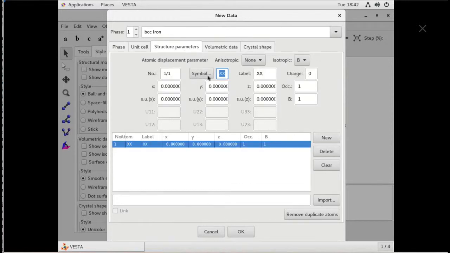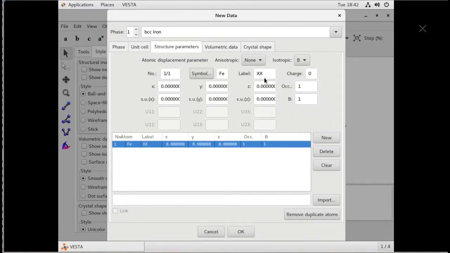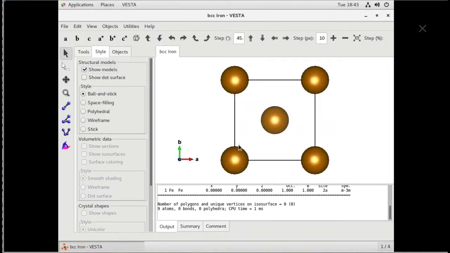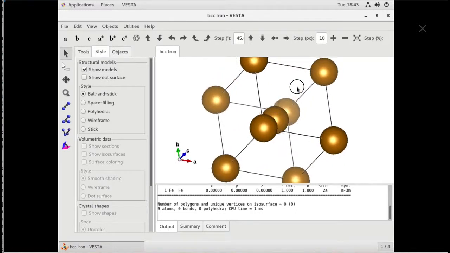Here, we insert the list of atoms within the unit cell, by first assigning them their correct iron chemical identity out of the periodic table options. We only need to define the atom at the origin, since all other atoms are then automatically identified by space group symmetry. After defining the iron crystal structure parameters, its 3D graphic visualization can be inspected under the main VESTA